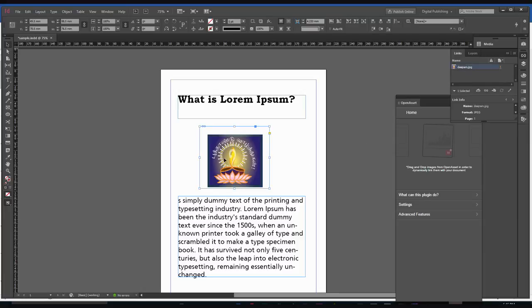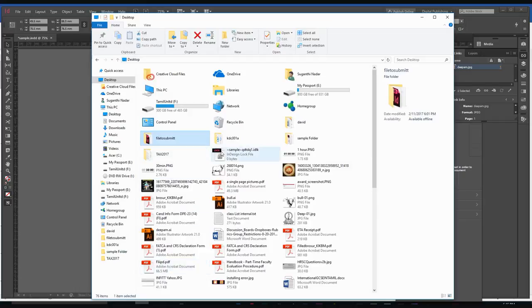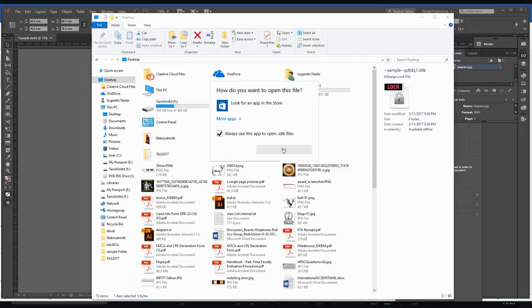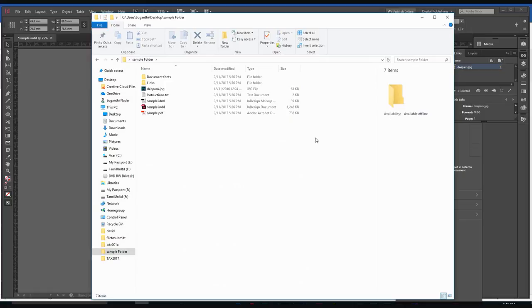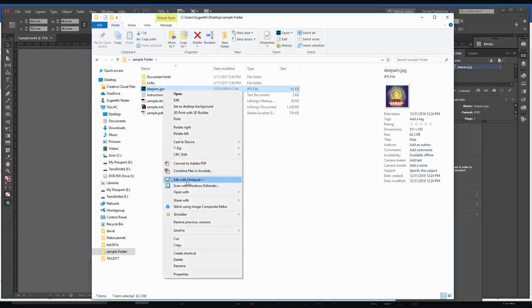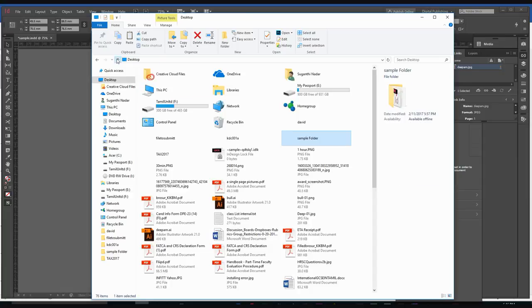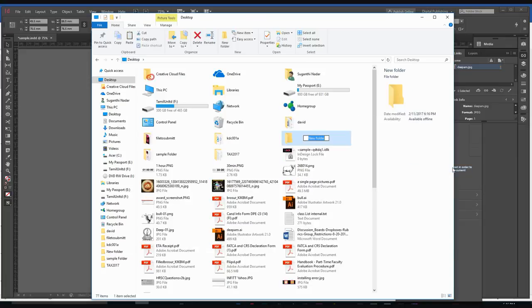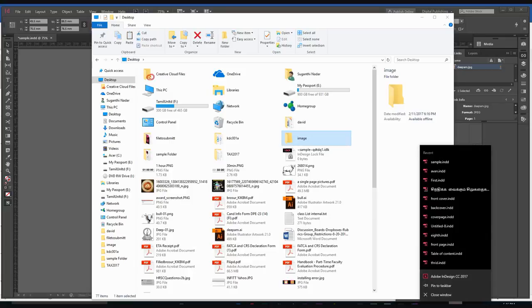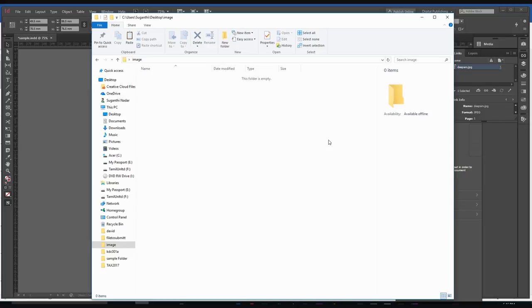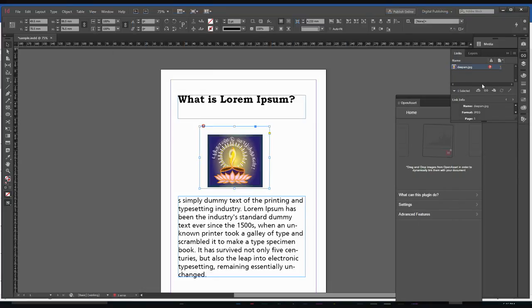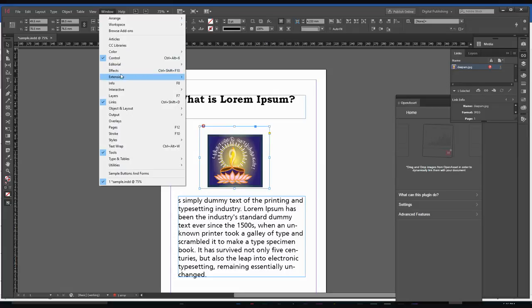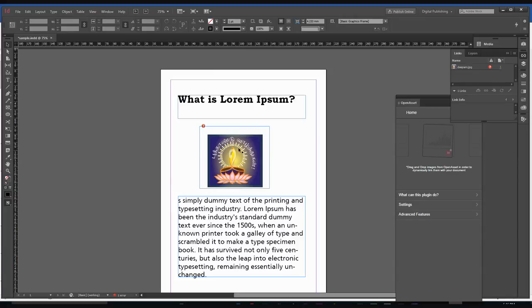This is an image that I have in a folder called sample folder. This is the image. I'm going to cut this image, create a new folder, image, and paste it. Right? Do you see how I have in my links panel, which you can get through the Windows links panel, an error message, and the InDesign document itself is showing me an error message,